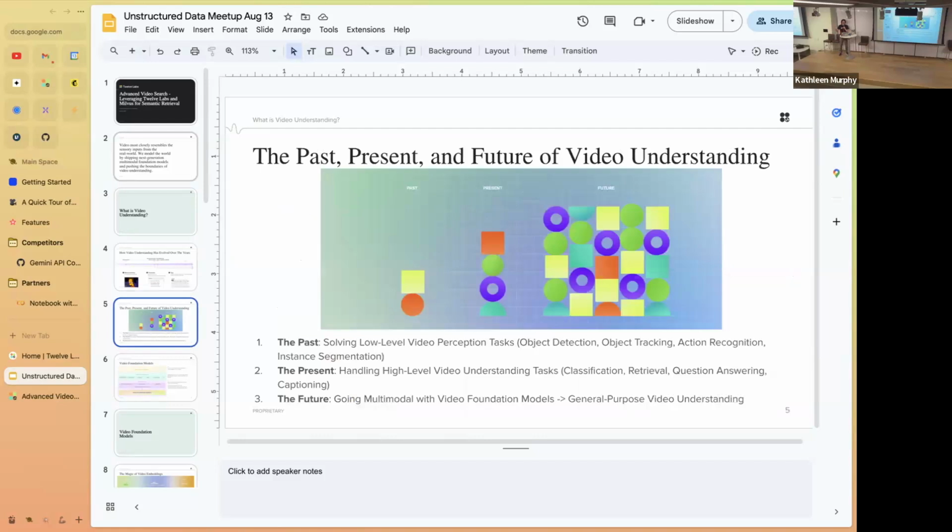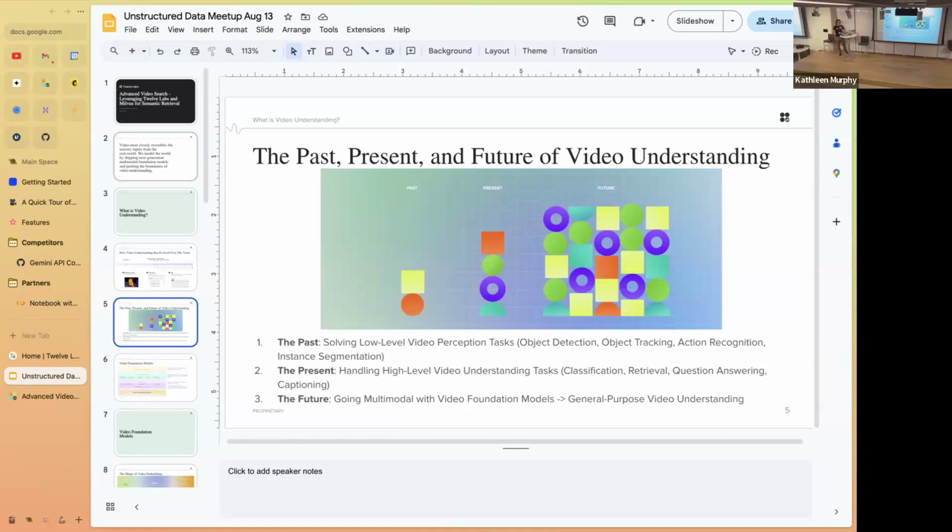This is a hypothesis, and what I see in terms of research direction for video understanding. In the past, we built specialized models to solve low-level video perception tasks. Think about detecting objects, tracking objects, recognizing actions in the video, instance segmentation, etc. At the moment, with the focus on foundation models, we can now build models to tackle higher-level video understanding tasks.